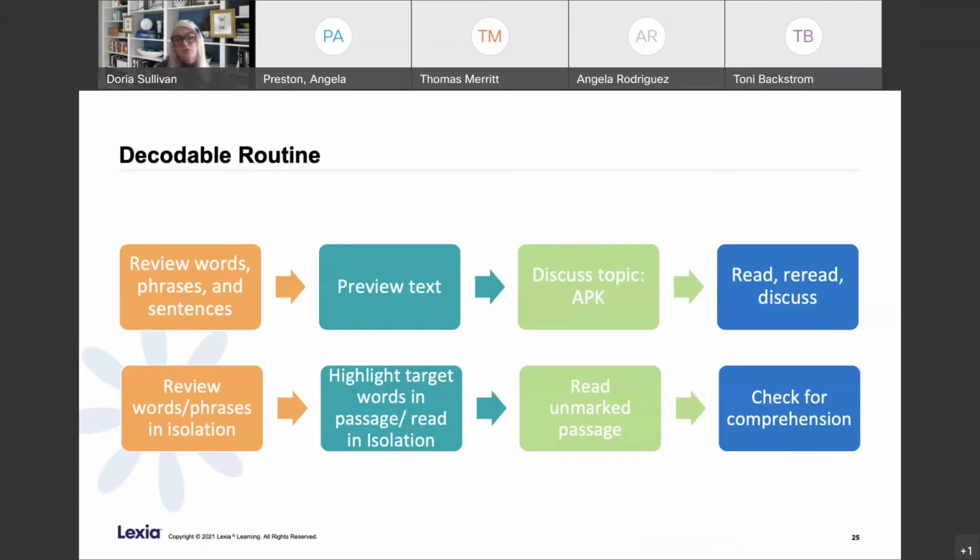These were pulled from some of the work in LETRS as well as Readsters. But again, I told you there's a lot of routines out there. The big idea here is it's a routine. It's being done explicitly, systematically. So in the LETRS decodable routine, or guidance for using decodable text, you're going to see that the first step